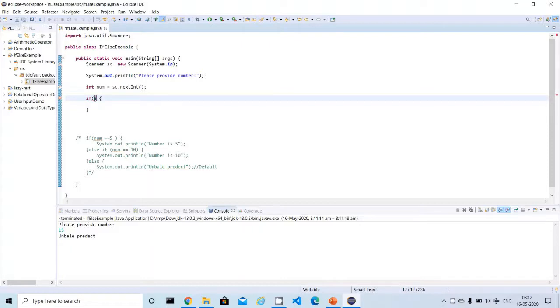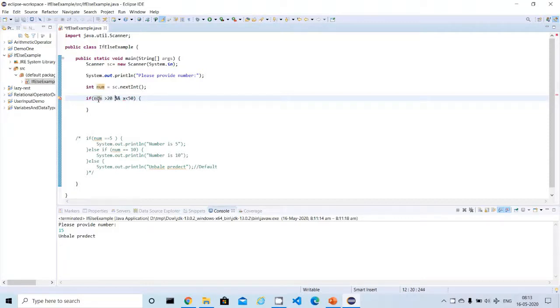Okay, so let me write here: if x is greater than 20 and x is less than 50. Basically, what I'm trying to do here, it's not x, it's number, right?